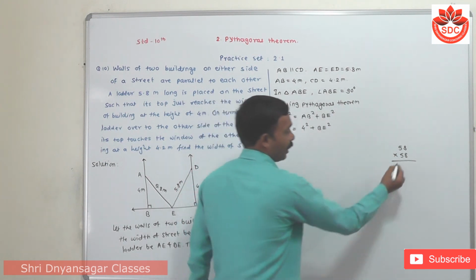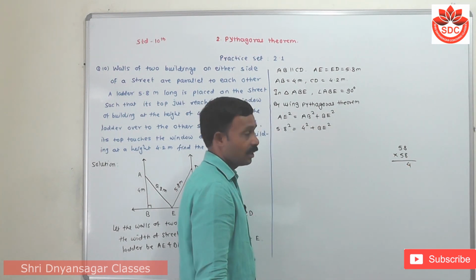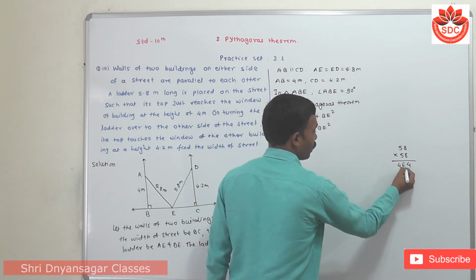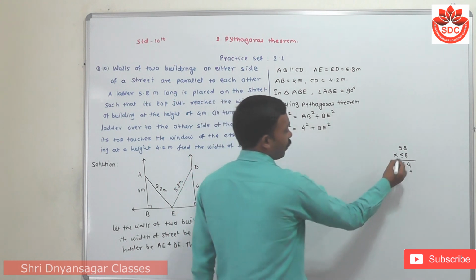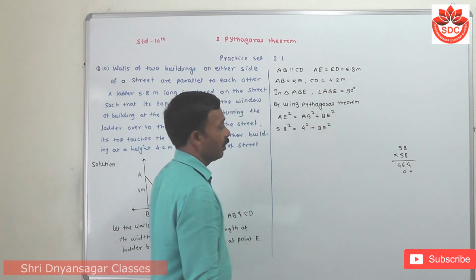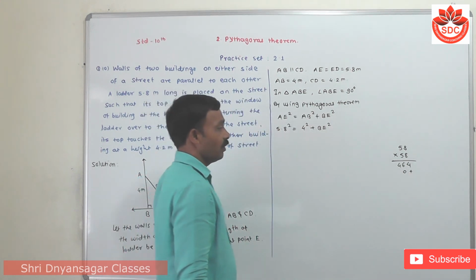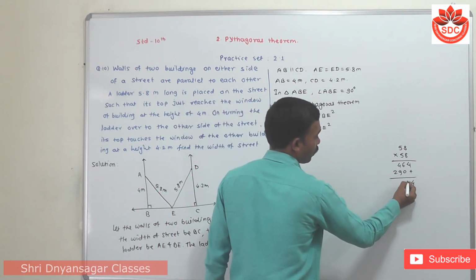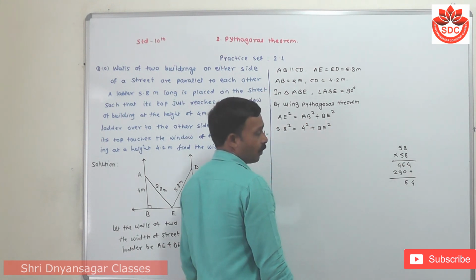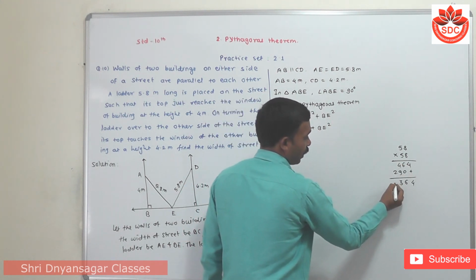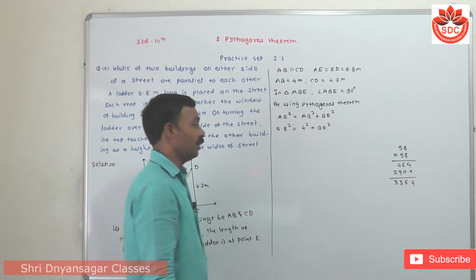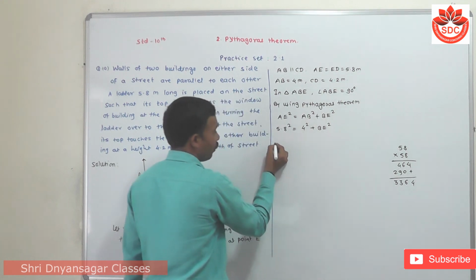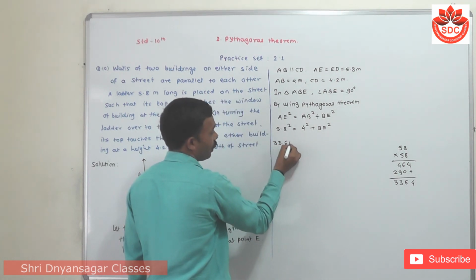Okay. Then 8 8s are 64, carry 6. 8 5s are 40 plus 6 is 46. Here is 0. Then 5 8s are 40, then carry 4. 5 5s are 20, plus 4 is 24. Addition becomes 4, 6, 9 plus 4 becomes 13. Carry 1. Then 3, 6. So the square of this, after 2 digits decimal point, means 33 point how much?